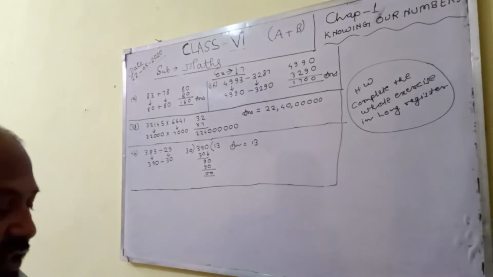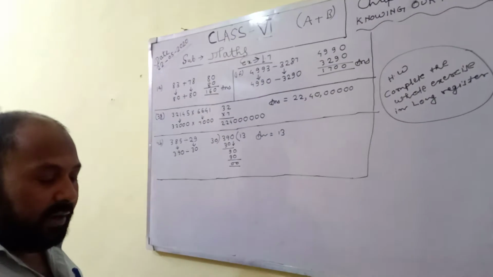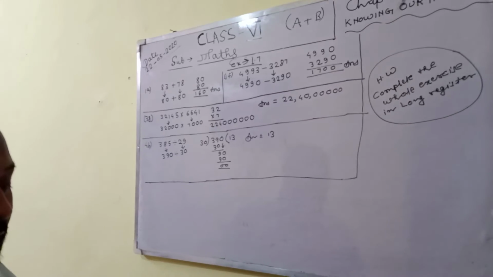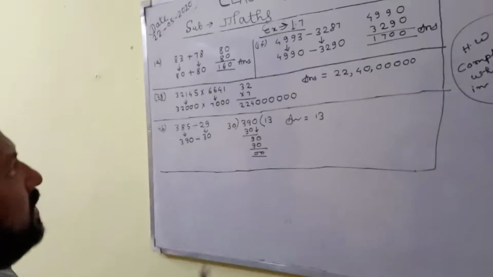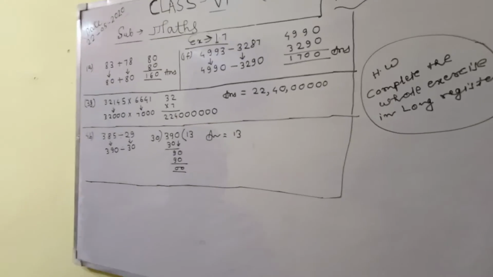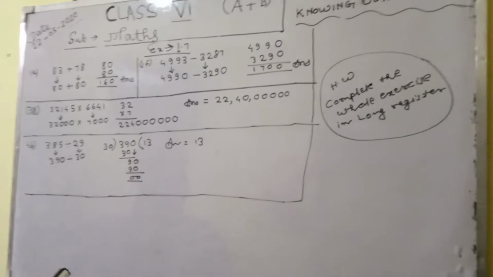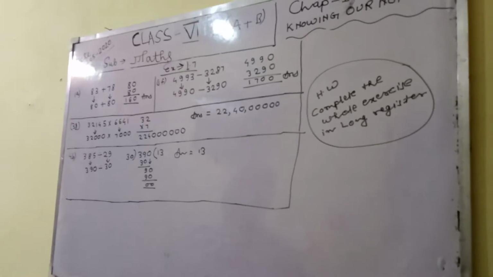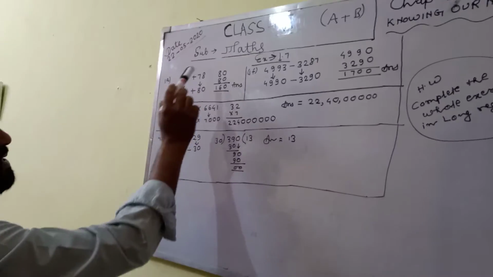So for the nearest tens, you have to convert to the nearest tens and then find its real value accordingly. Accordingly means if it is a plus sign, then work out plus; minus sign, work out minus; multiply sign, work out multiply; and divide will be divide. In this way, the 1a question is 83 plus 78.